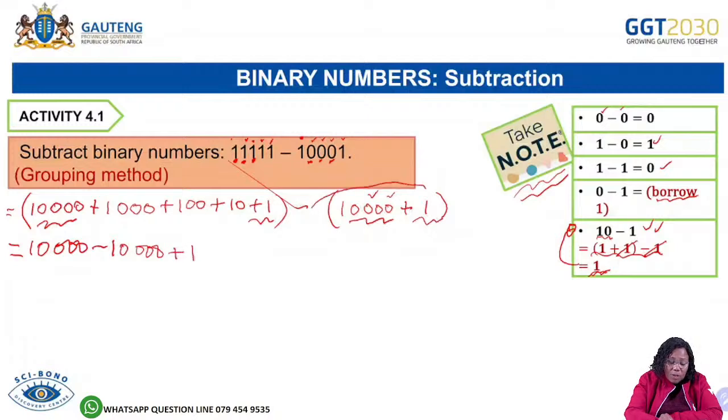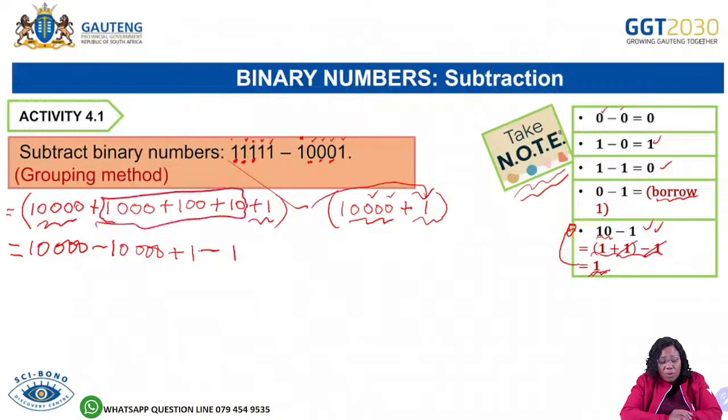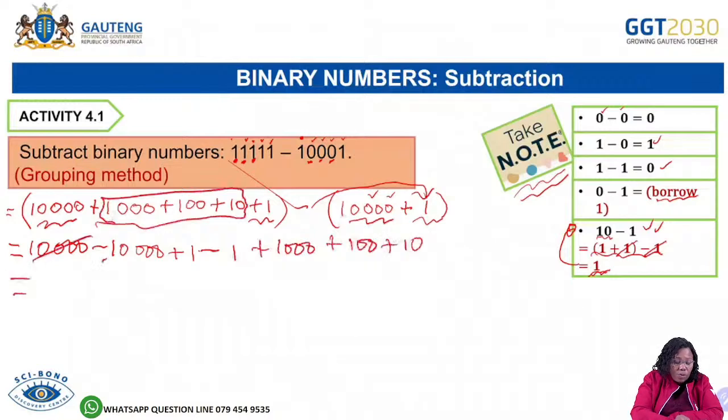And then remember, this one will be a -1 because of that minus, ne? -1. And then grade 12, for these ones, we don't have anything that is mentioned to that one. So we leave it as 1000 plus 100 plus 10 there. So now this will cancel, that one's a 0, this 1 minus 1, and then we are left with 1000 plus 100 plus 10. That will be